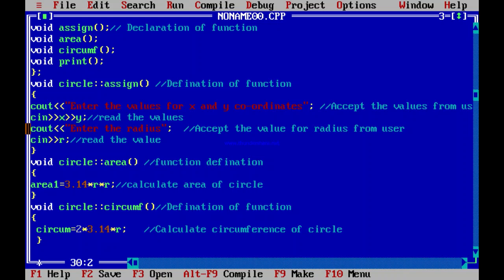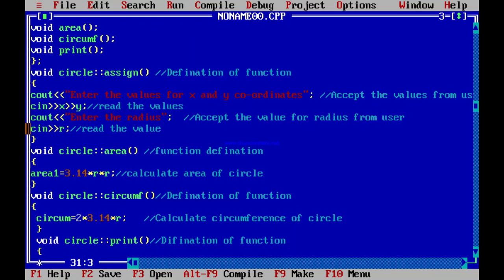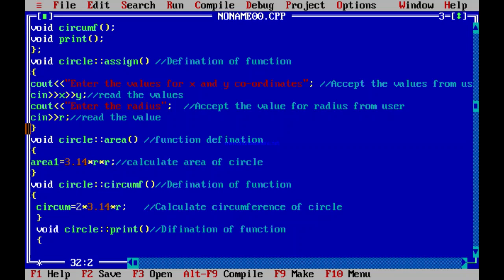Now next function is there, that is the void print function, which function is used to display all the output. So void circle scope resolution operator and the name of the function. Name of the function is print. So definition of function. Now what we are going to display over here.